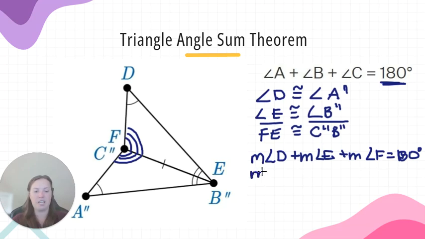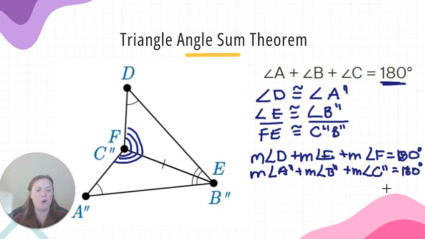And we can write that same exact thing, the measure of A double prime, plus the measure of B double prime, I'm writing them in corresponding order here, plus the measure of C double prime is equal to